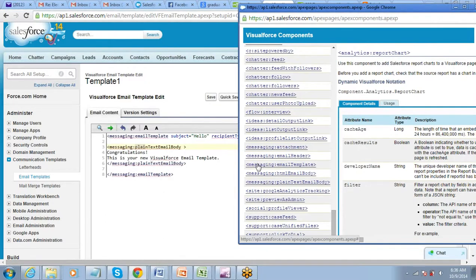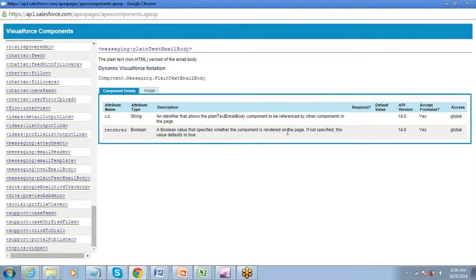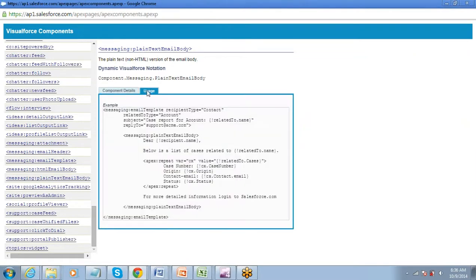So email header, email template, HTML email body, plain text email body. So these are the 1, 2, 3, 4, 5 components here. Sorry. So these are the different components here. So let's say we just talked about plain text body. So here it is. So plain text body can just have 2 attributes, ID and rendered. Okay, usage is written here.